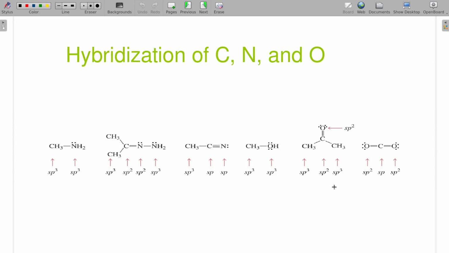Now, something like this happens a lot. We will actually see on your test structures drawn out and little arrows underneath atoms like this, or maybe an atom that's in bold type, and you're just asked to identify the hybridization. You don't need to get terribly crazy on this. If I want to ask something like nitrogen here, to figure out your hybridization, just count how many things it's bonded to and the lone pairs. That nitrogen is bonded to one carbon, one nitrogen, so two things, and one lone pair. So it's got 3 bonding centers off of it, so we would need to combine 3 orbitals. Therefore, we need sp2 hybridization.